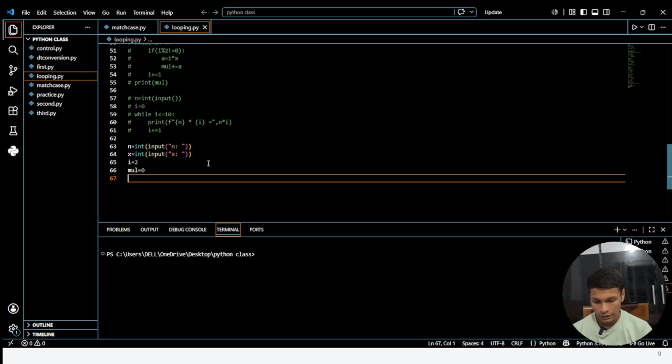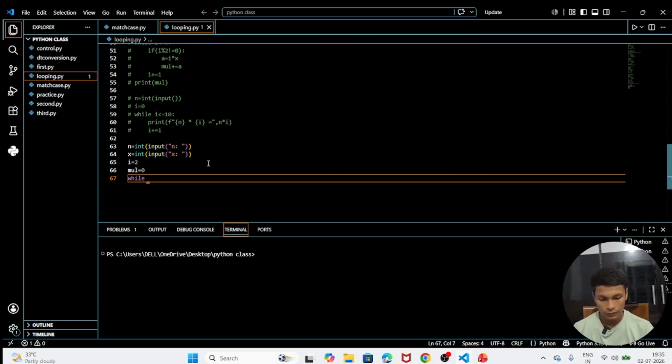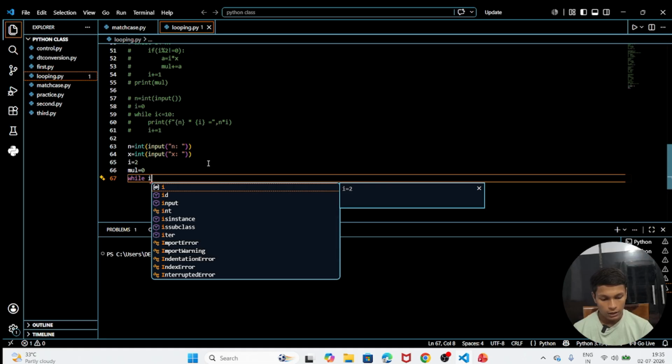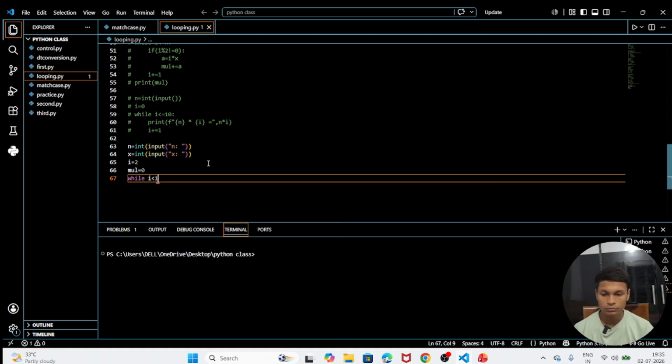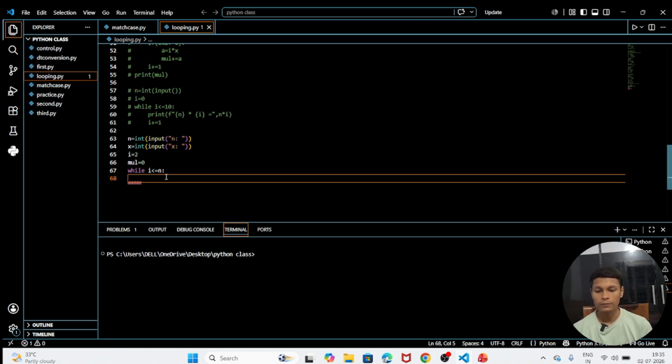After that I am writing the while condition, which is while i is less than equal to n, our condition will be running, and after that it will be closed. Okay, so while i is less than equal to n,